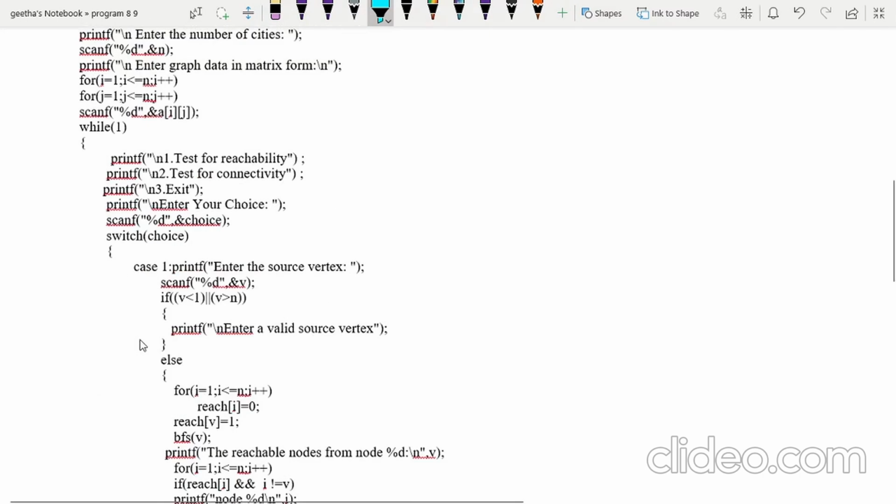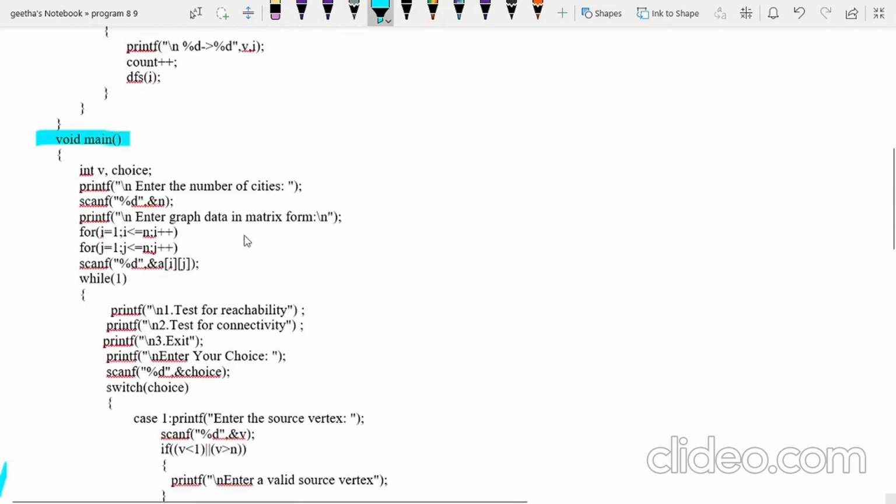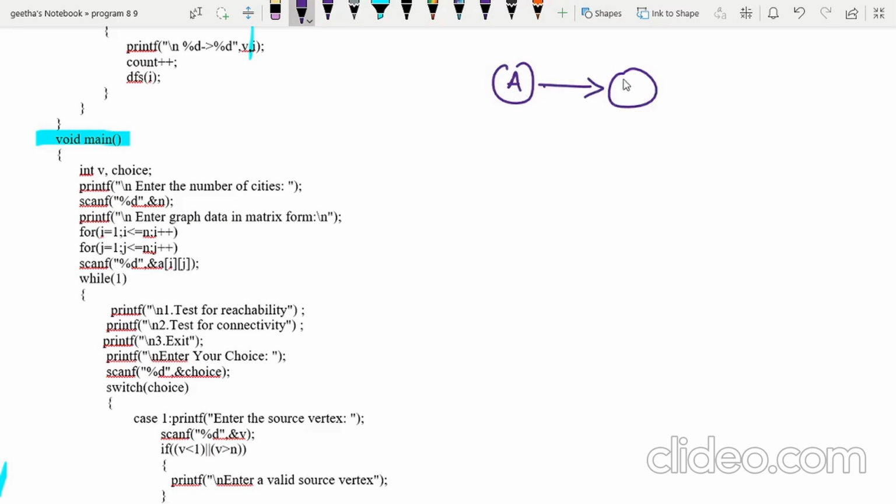Now here, enter the number of cities. As usual, you have to initially take one graph. It can be of this form: A, B, and then C.